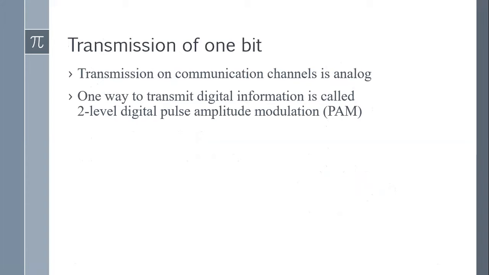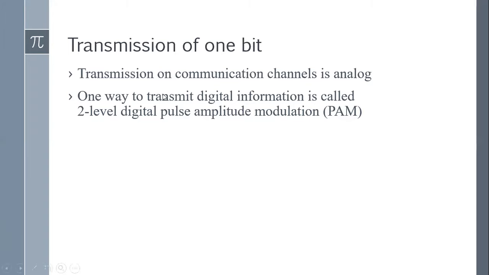And why is it called pulse amplitude modulation? Whatever we are representing, 0 or 1, we are representing using a sinusoidal pulse. Here it is a rectangular pulse. I think you will remember how we represent a square pulse using a Fourier series. We can use multiple harmonics of a sinusoidal signal to represent a square pulse. So here we are sending square pulses to indicate 1 or 0, that means plus A or minus A. That is known as pulse amplitude modulation.